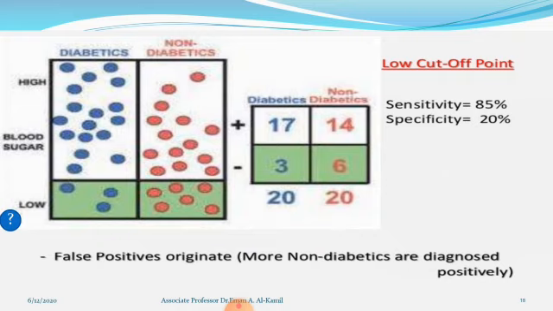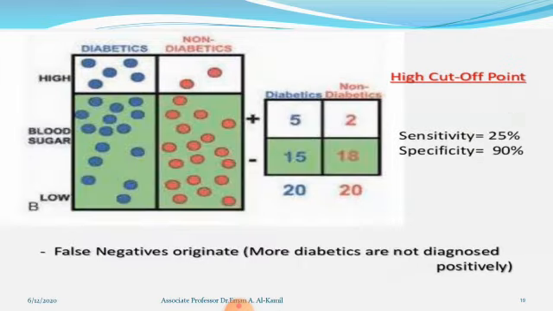So the false positives originate, and more non-diabetics are diagnosed positively. So it is important to have high specificity rather than high sensitivity, because this will result in a high